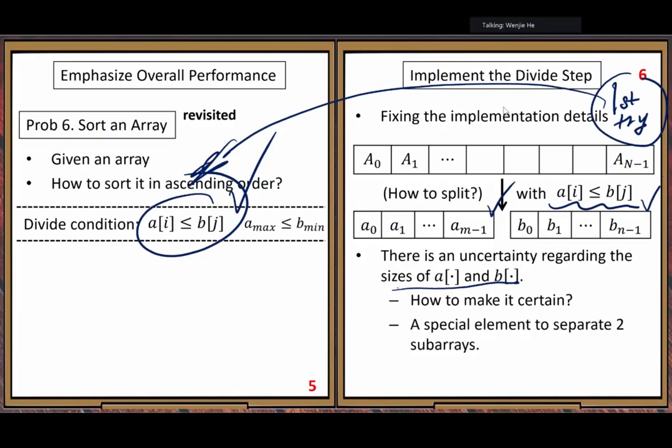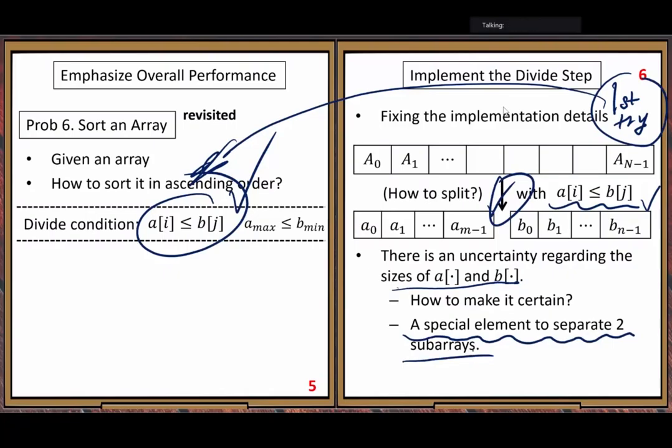Let's dig a little deeper into this question. We need a separator. We need something to separate these two subarrays. So there is a special concept here, some object we need to use to separate these two subarrays. That object is a special element to separate the two subarrays.